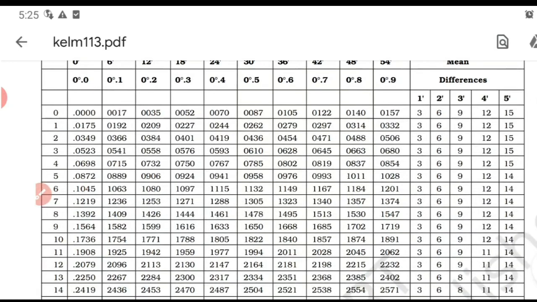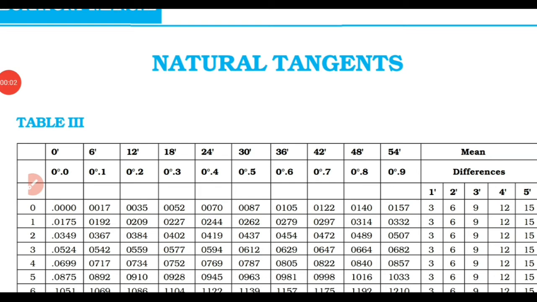Then if the decimal points are recurring, like 0.543 going on, you can do rounding. After rounding, whatever value you get, you can easily find the sine value. Hope you followed. You can follow the same method for finding tan also. So tan 40, tan 60, whatever value is given, you can use the same method as you follow in sine. So both tan and sine work in the same way. Only the difference is for cosine.